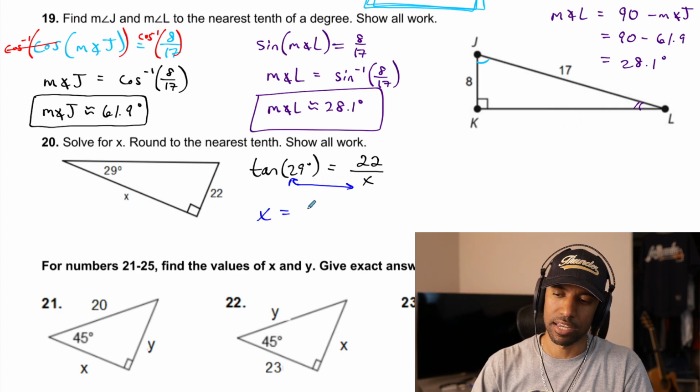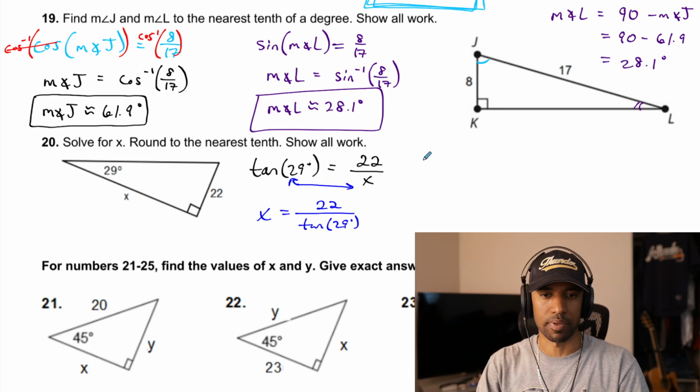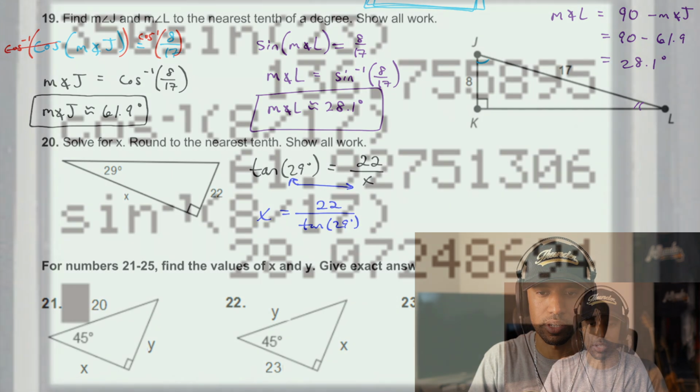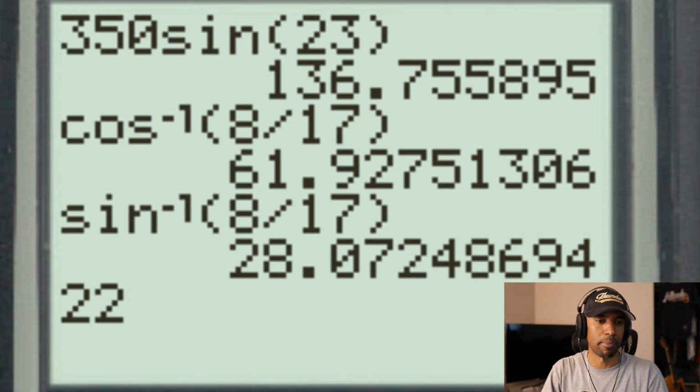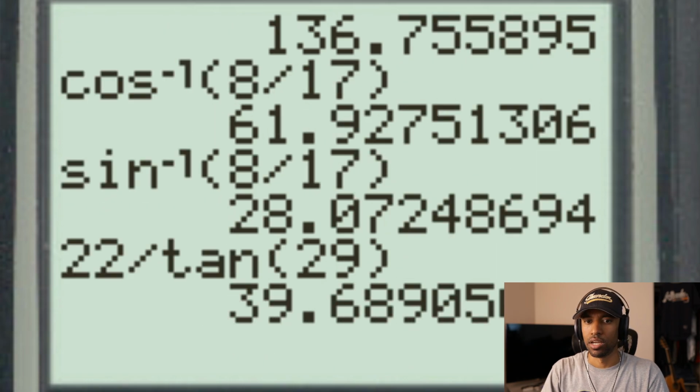This will become x equals 22 over the tangent of 29 degrees. This is something I have to compute. Make sure your calculator's in degrees, as mine still is. So 22 divided by the tangent of 29, and I have no idea what number I'm going to get. 39.689. They said round to the nearest tenth. That'll be 39.7. So x is about